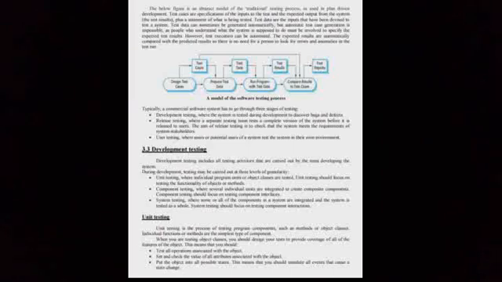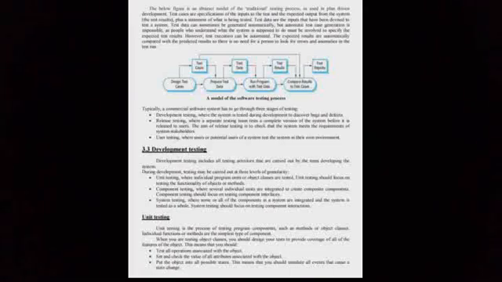The test data can sometimes be generated automatically, but automatic test case generation is impossible, as people who understand what the system is supposed to do must be involved to specify the expected test results. However, test execution can be automated. The expected results are automatically compared with the predicted results, so that there is no need for a person to look for errors and anomalies in the test run.